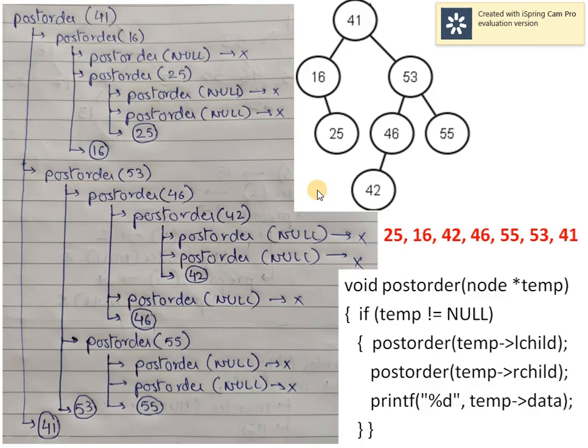In a similar way, if we talk about a post-order traversal, that means we have to visit left followed by right and lastly the parent. So accordingly, the code goes like this: post-order for the left child, post-order call for the right child, and then we have to visit the parent, that is print the data. So again, for the same example, we have executed the post-order procedure. Try to execute it at your own end, and in case of any doubts, do ask me.